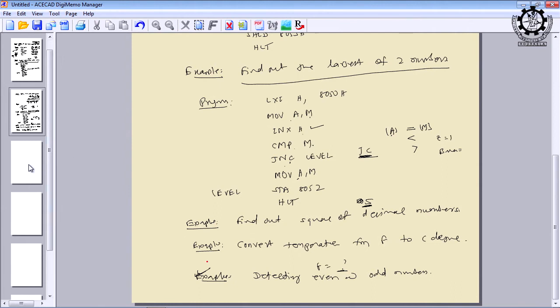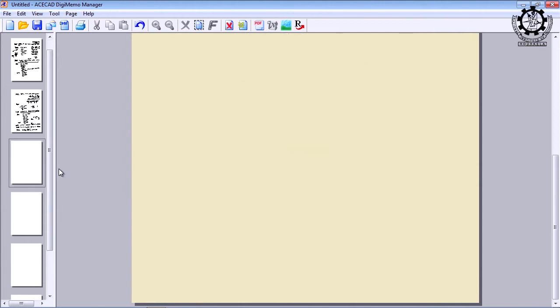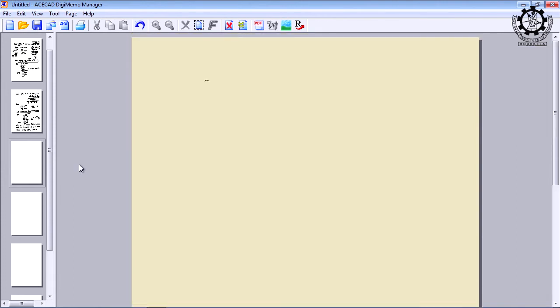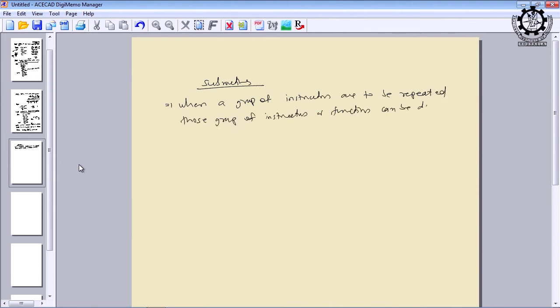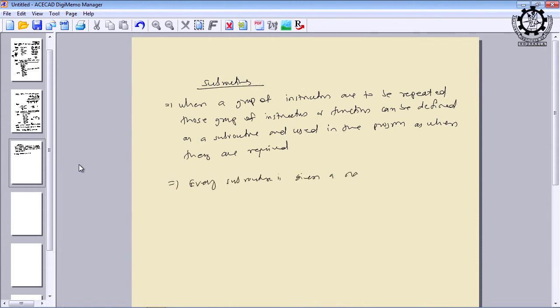I think the stack part we have discussed, but the subroutine part we have not discussed. So, this definition is the same as in your high level languages.